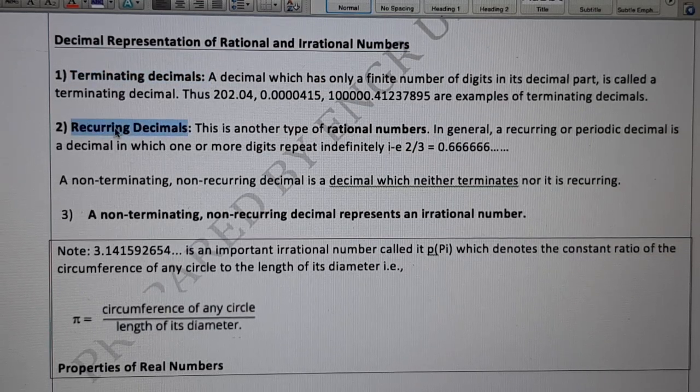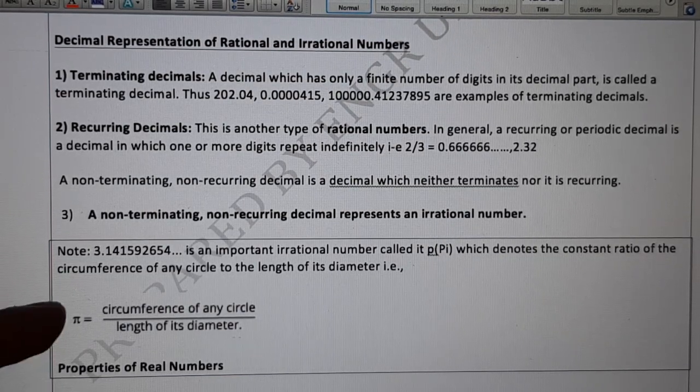What about recurring? Recurring means an event that happens again and again, that repeats itself. Take an example of 2 by 3, 0.6666666 continued. Now they are continued, but it is the same number that is repeating again and again. When the same number is being repeated, like 6 is being repeated, or even a set of numbers, let me give another example,